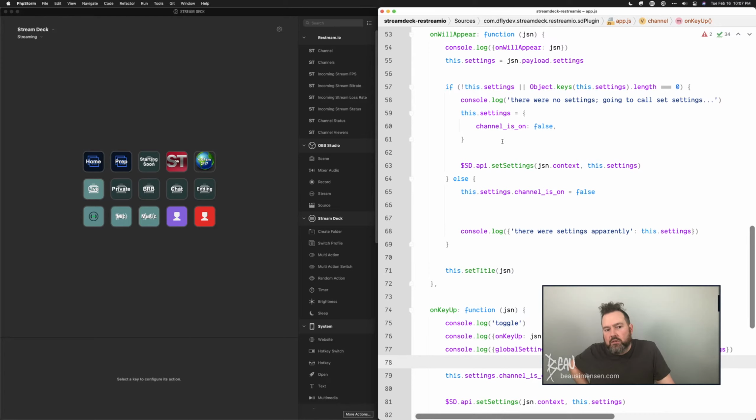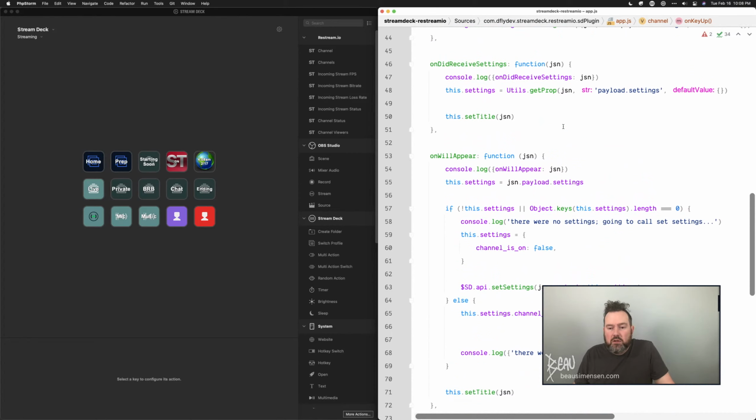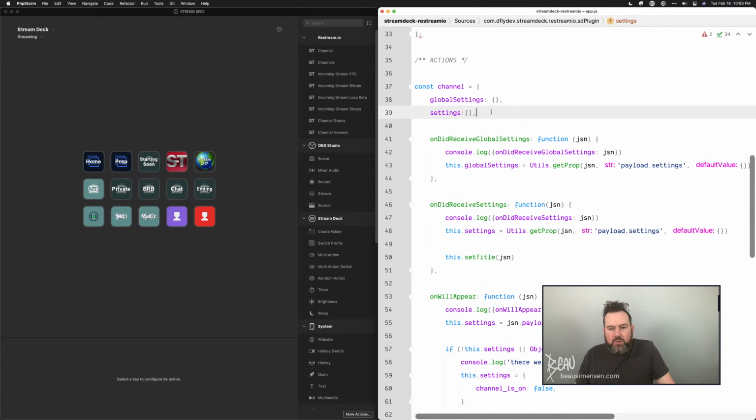I think that it's fine for the action to play the last known state and wait for an update later to change it, at least for now. The other option is to not persist these settings. So keep another set of settings that would be ephemeral. So